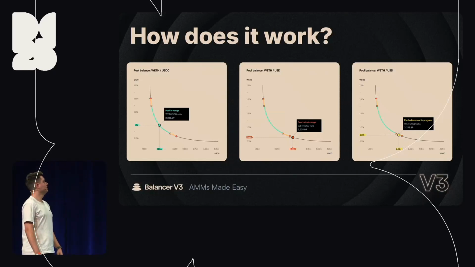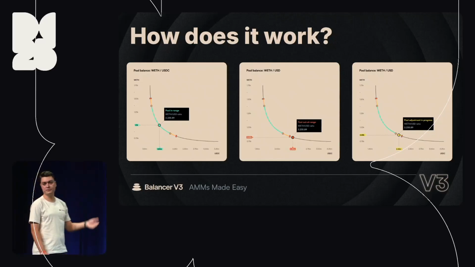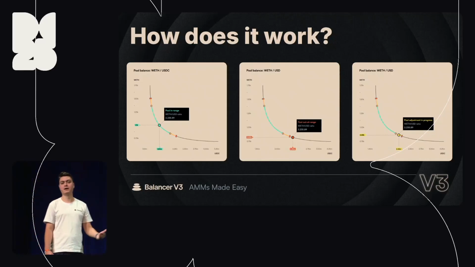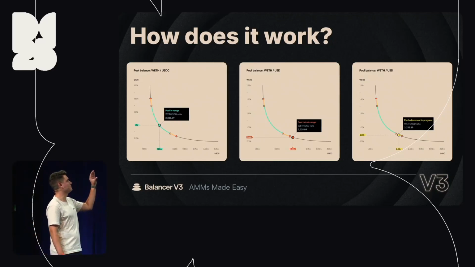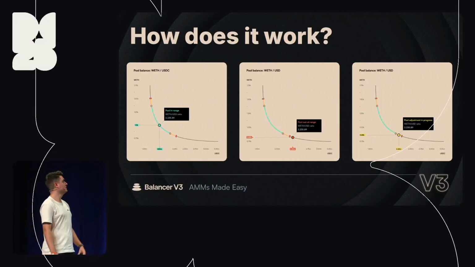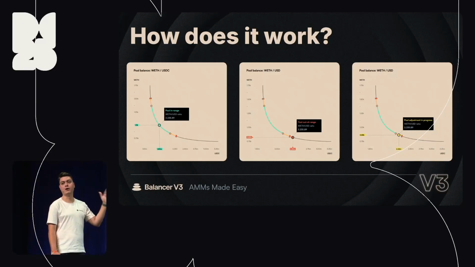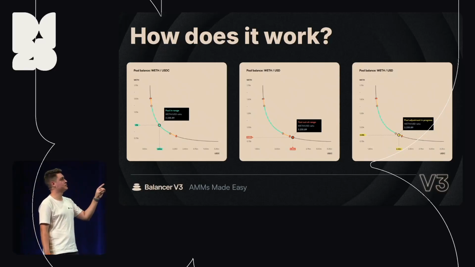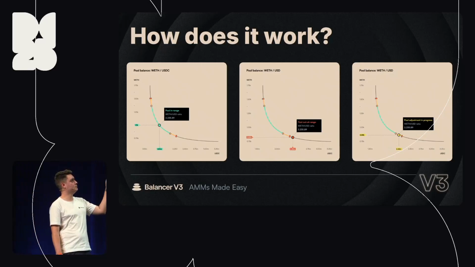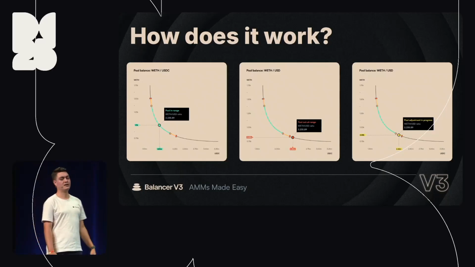In the first one, you have a pool in range. As you see, you have all the curves, so the math behind it is still xy equals k, the same UniV2 formula, but you have a concentration, so you have the red points there, which is the price range. Right now, on the first image, the pool is in range and within the margins. On the second image, the pool is out of range, in between the margin and the max or the min price range, depends on the reference.